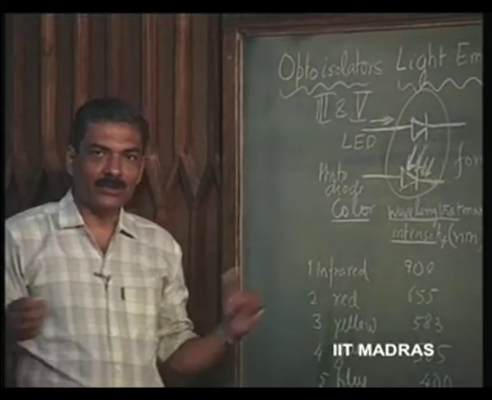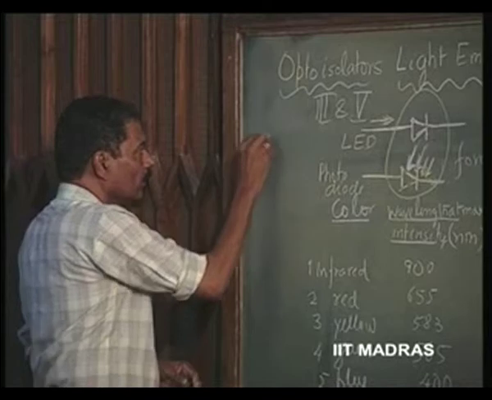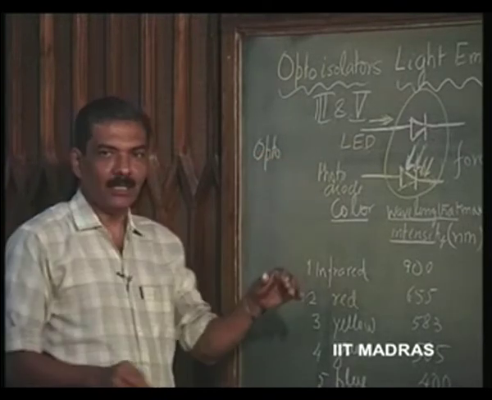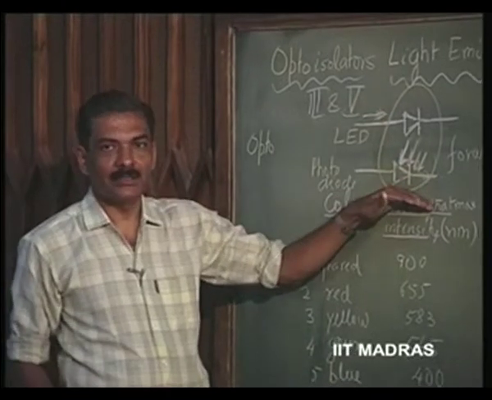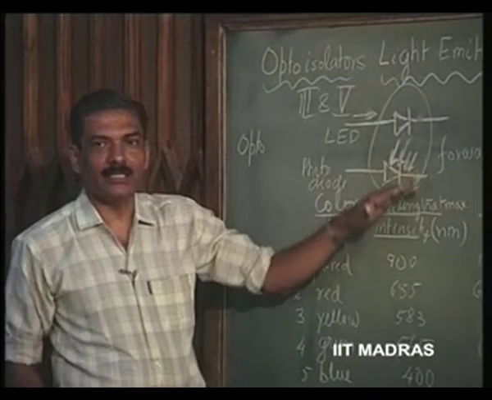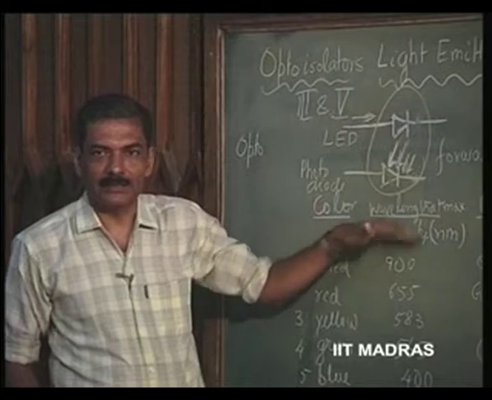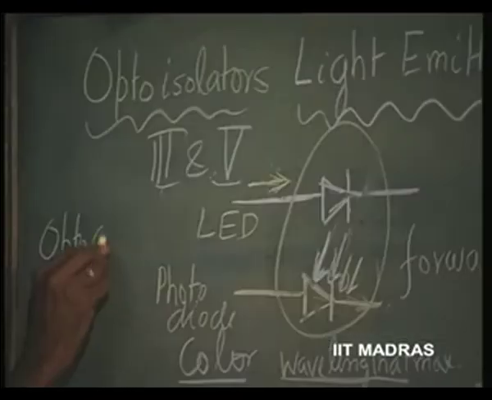Or this is also called opto coupler. This can couple as well as isolate. This will couple this signal to this. This will isolate this circuit from this circuit. So, these are called opto couplers